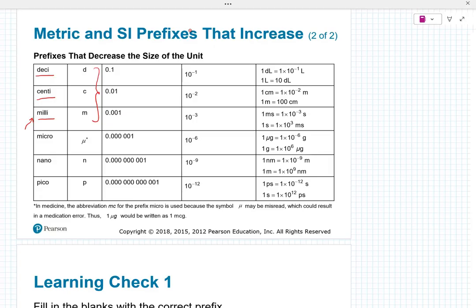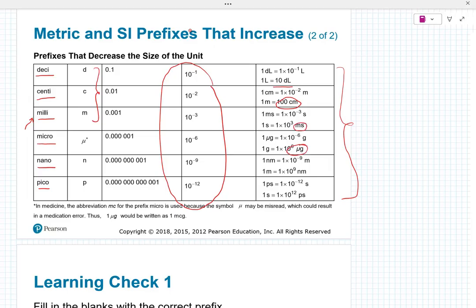We go 1/1,000th, 1/1,000,000th, micro, 1/1,000,000,000th, nano, and 1/1,000,000,000,000th, that is pico. The exponents are shown here, and some relationships are demonstrated. So deciliter, that's a unit that is used sometimes. Centimeter, everybody's familiar with that. Millisecond,